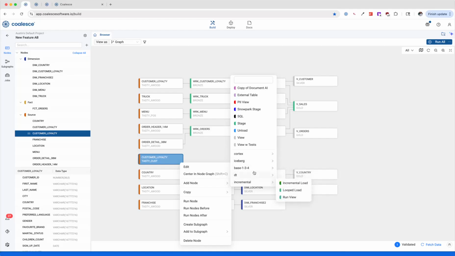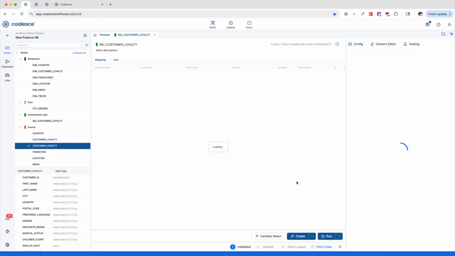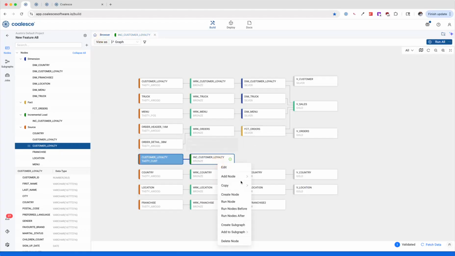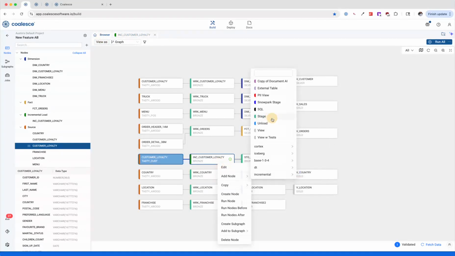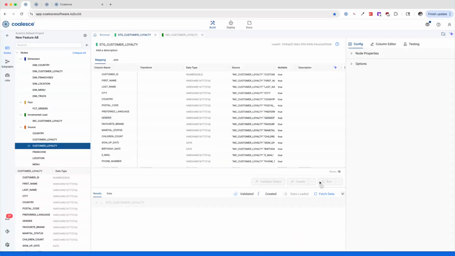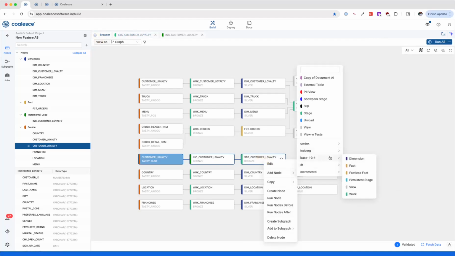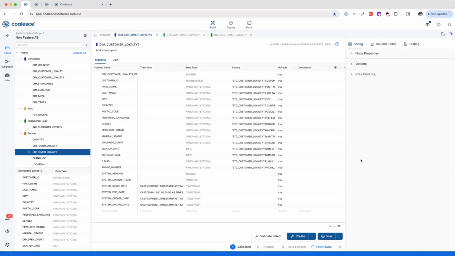And this could be iceberg, dynamic tables, incremental pipelines. I'm going to build a real quick incremental pipeline here where I'm going to start building these things out. I'm going to hit create and run to start running that code. I want to add a staging layer on top of that. This is where I'm going to persist some of my data. And then finally, on top of that, I'm going to build a dimension to track changes on some of these